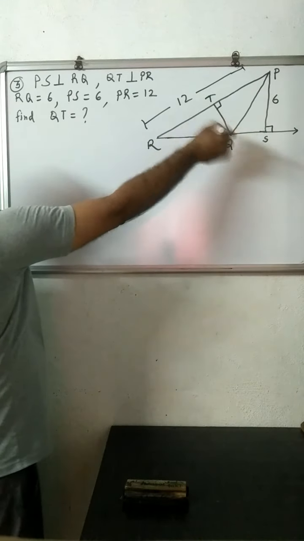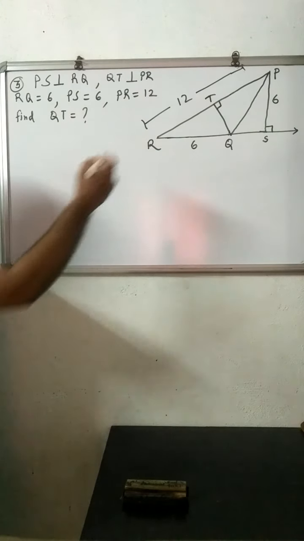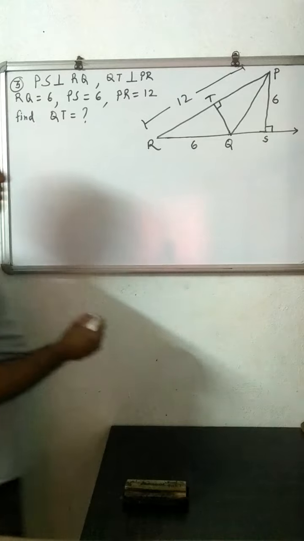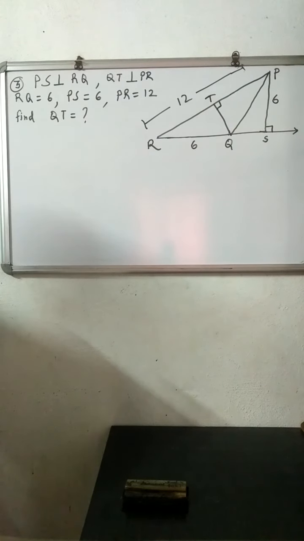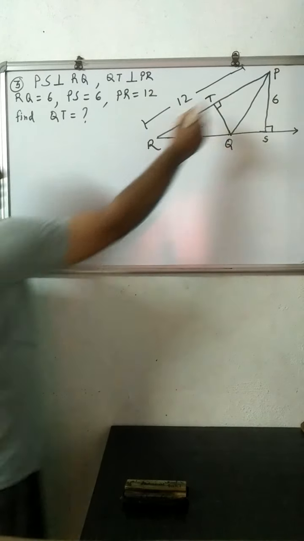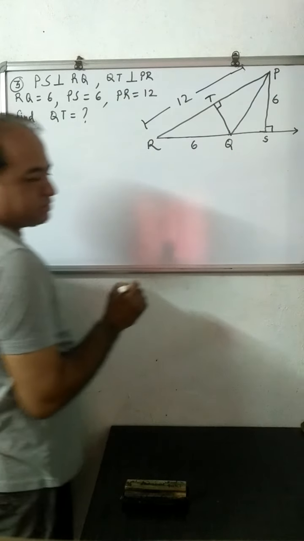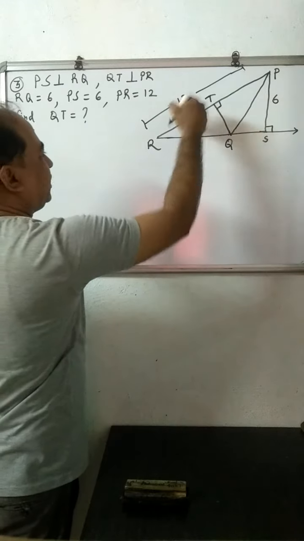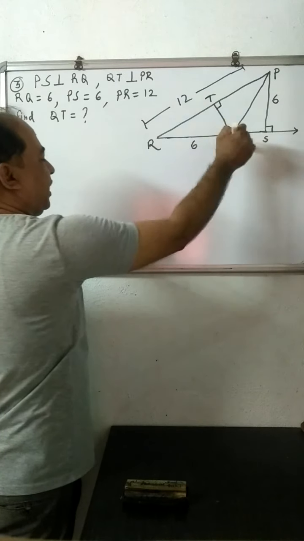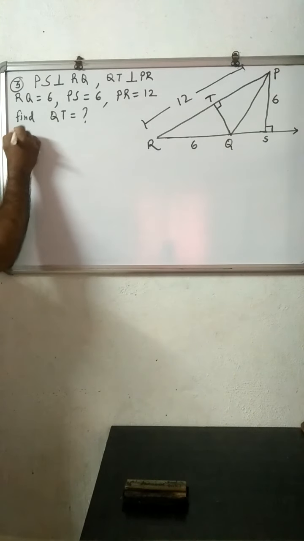length QT. Now if you observe the diagram, in this figure the triangle is the same, PQR, but its base and heights are given in different ways. Triangle PQR, base is QR and height is PS, and again triangle PQR, base is PR and height is QT. So here one triangle, but it has different base and different height. So by property,